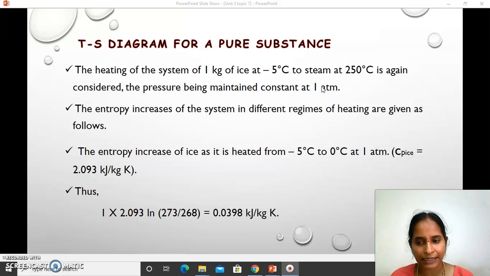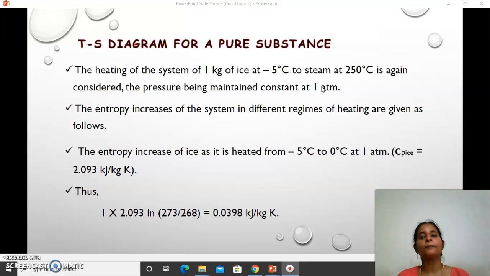At the constant 0 degrees Celsius all the ice would be converted to water, and from 0 degrees Celsius to 100 degrees Celsius further heating is taken, which comes under sensible heat, and again at the constant temperature of 100 degrees Celsius all the water would be converted to vapor, which is called the latent heat of vaporization. That takes place at constant temperature and constant pressure, and further heat addition is considered as